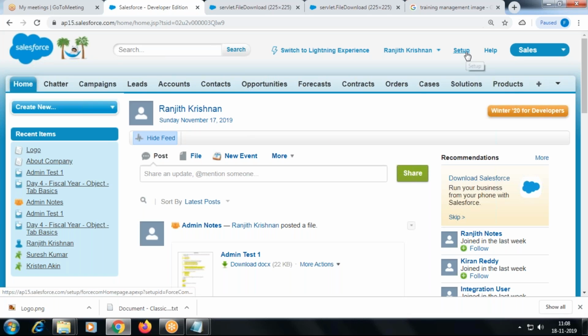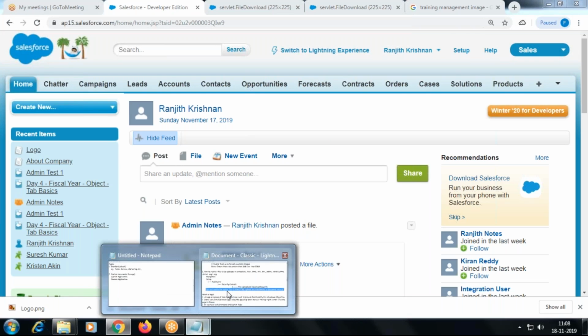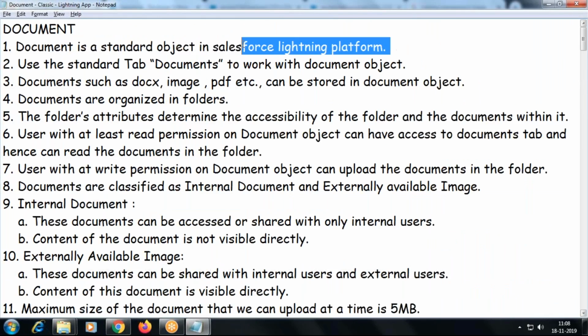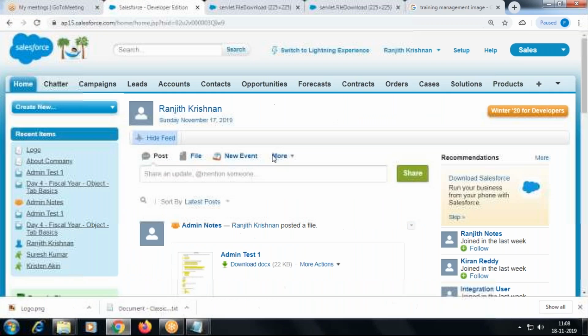Setup is the place where you can find all the options and tools to work with your platform. How do you call your platform? Salesforce Lightning Platform. I'm in Classic, but the platform is called the Salesforce Lightning Platform.